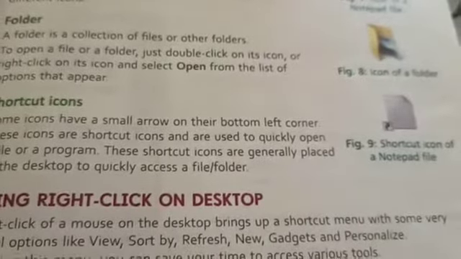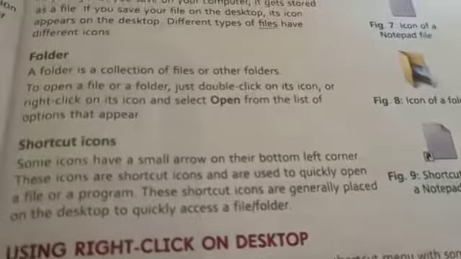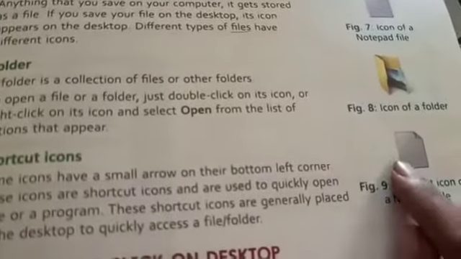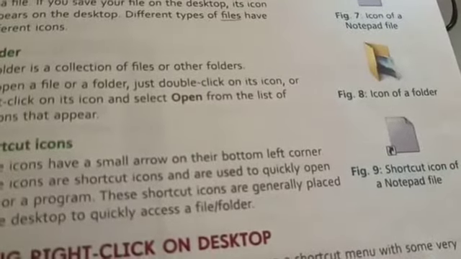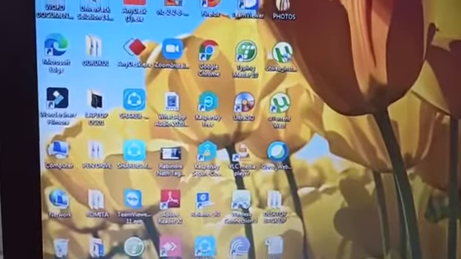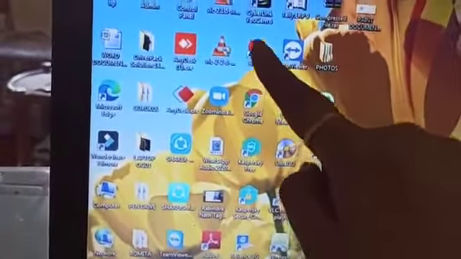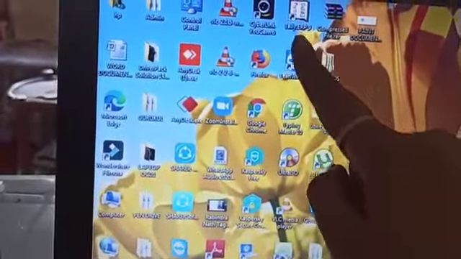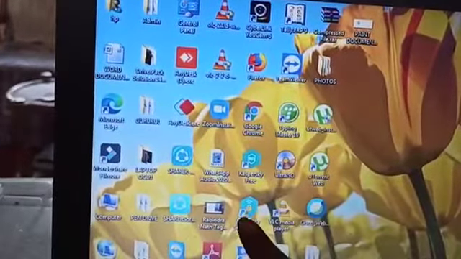See students, this arrow here is the icon of the shortcut. All the blue arrows here, here, here, here, indicate a shortcut icon.